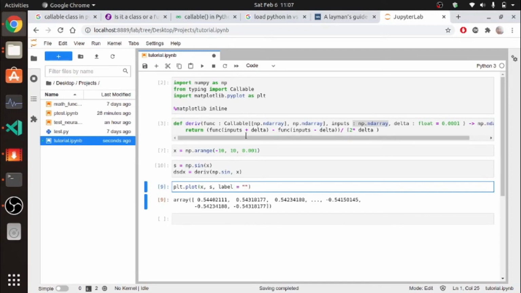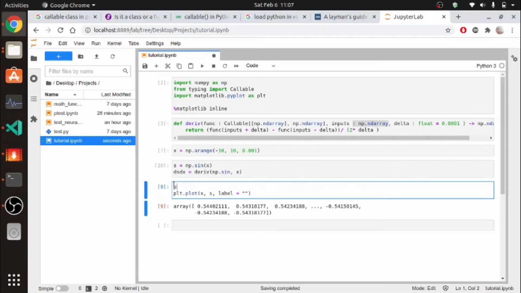We can also use plt.style.use. I'll use a fancy style which will make our plots very beautiful. Okay, I'll give the label as sine,